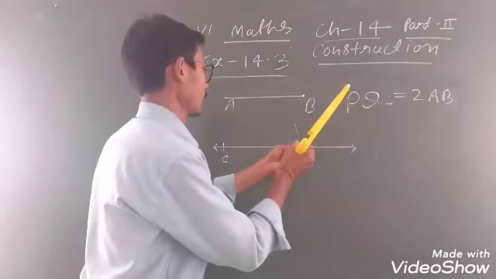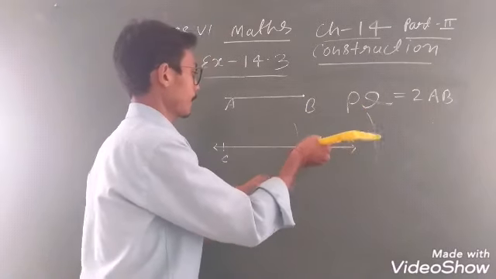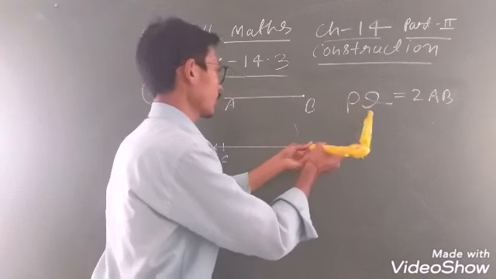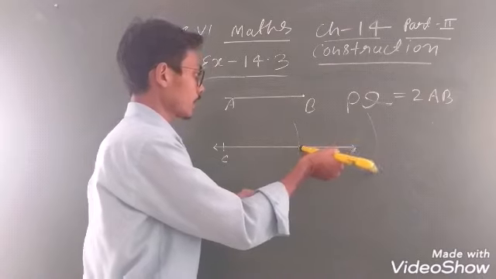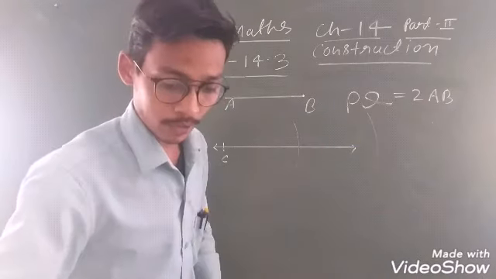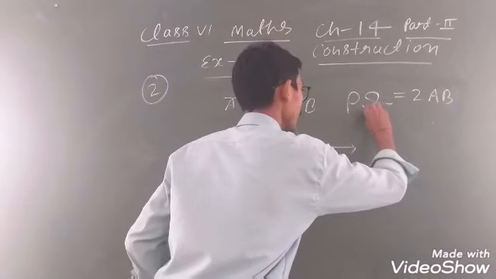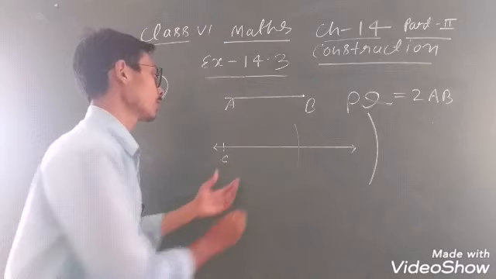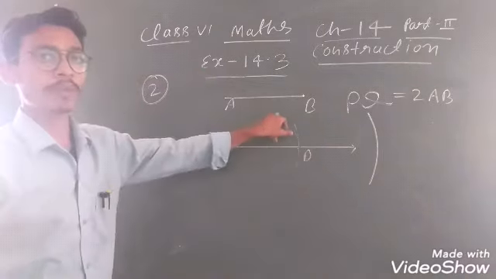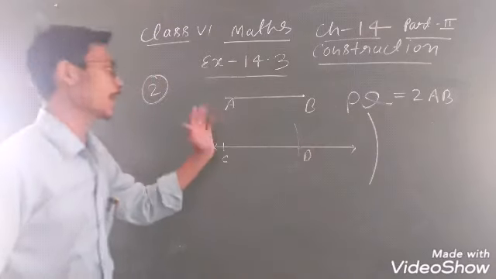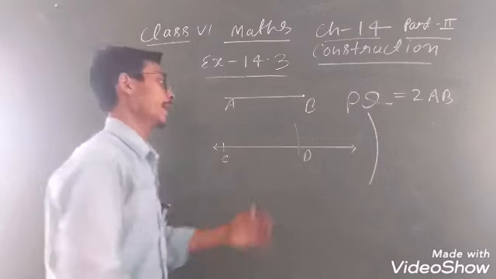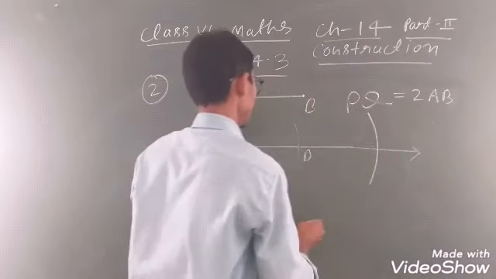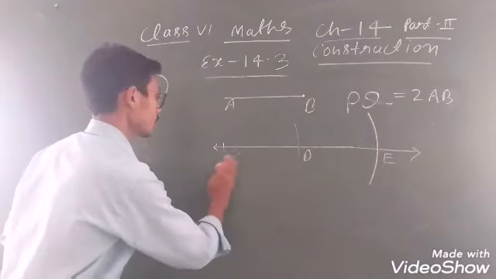One minute student, देखिए from here you will take, one minute, from here, देखो in copy it is very easy to make but this is on blackboard ना, this is our second arc, clear everyone able to see ना। Here I am going to put dark, देखो this is our arc, ठीक है second arc। तो देखो the length of AB we don't know, the first arc मान लो CD, so this is equal to AB but we have to construct PQ which is twice of AB, यानी again you have to draw another arc, ठीक है ना। अब now CD you can give name P.